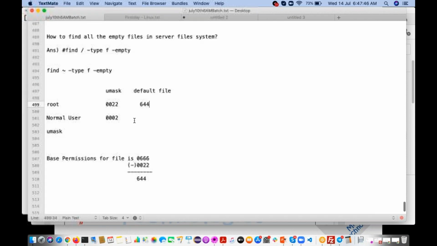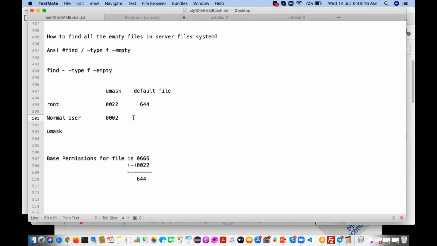Same way, if you create a file with a normal user, what permission are you going to get? Can you guess? You can easily answer. Manish Kumar is saying 664. Yes, 664 is the correct answer.